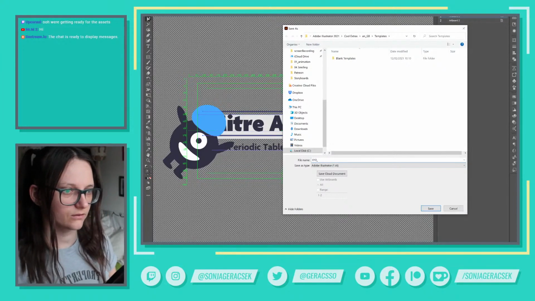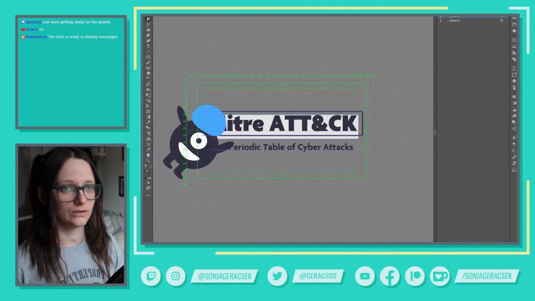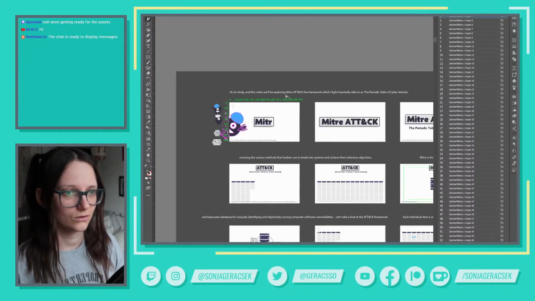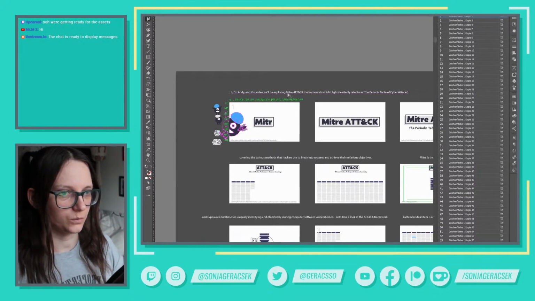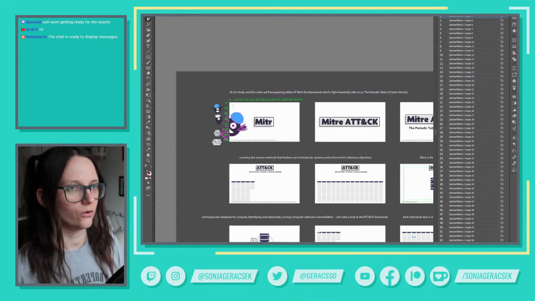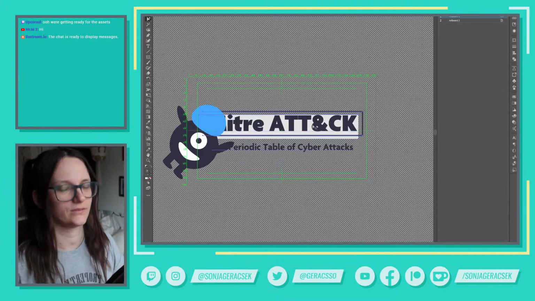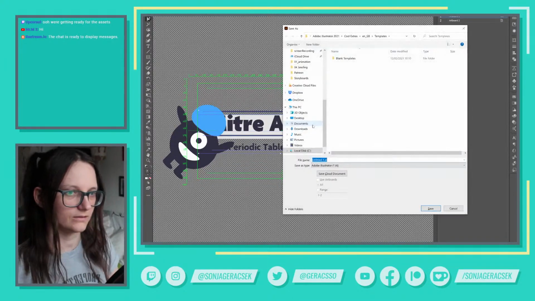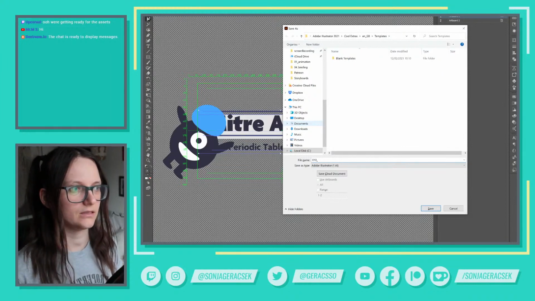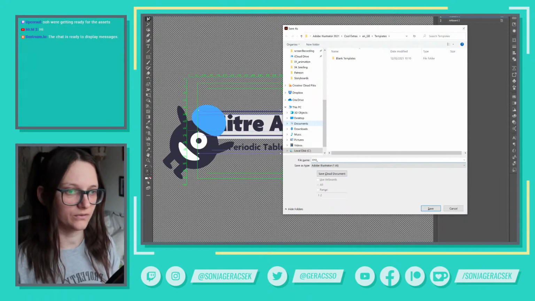So this is the first scene, and usually I like to name the scenes according to the script. So this is, hi, I'm Andy, exploring the Mitre Attack framework. So I'll just call this Mitre Attack because it's got the text and everything in it. So let's save it. And my naming method, if you didn't watch any of my previous streams,